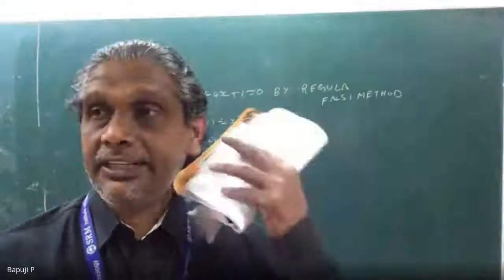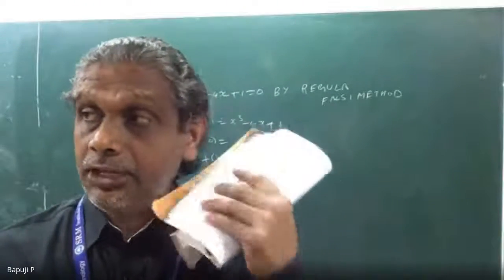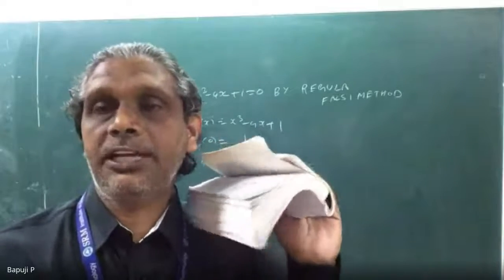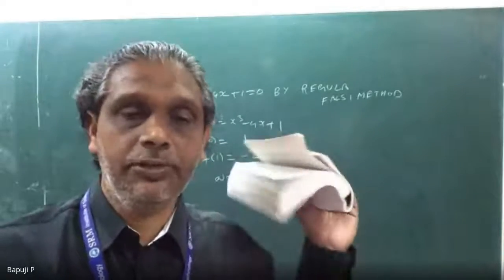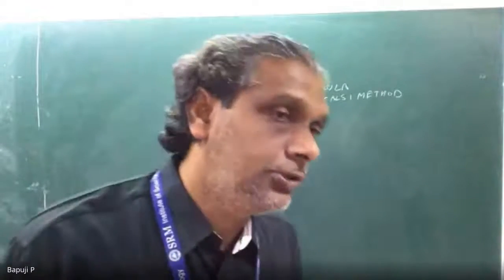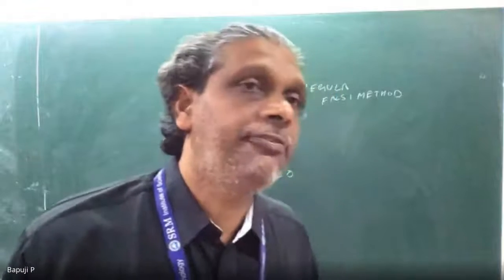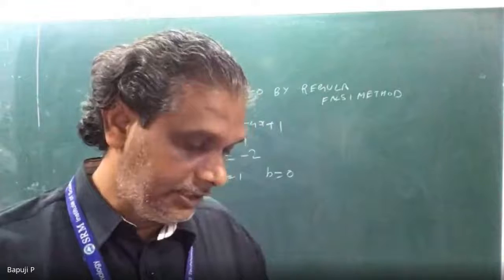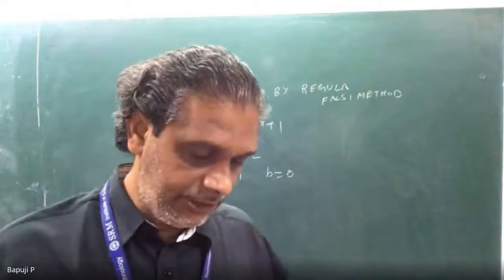Another thing I want to tell: whatever you take for a and b, it doesn't matter. You want two opposite signs. Negative value means you can leave the previous negative value; positive means positive value. So it should always be two different signs. f of a and f of b will be positive and negative. Correct? This doesn't matter. If you follow one method, any one method, okay.